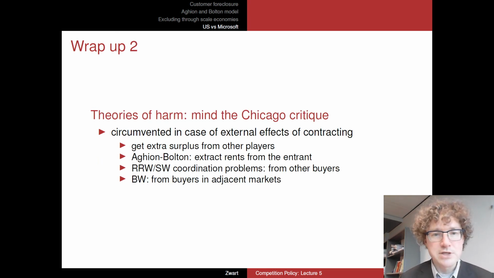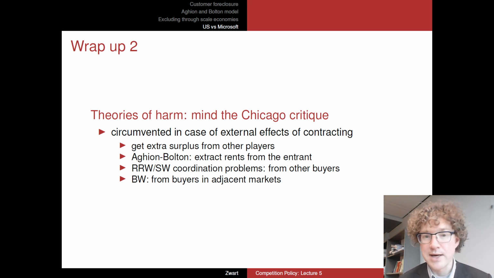So what are those theories of harm? We do have to keep in mind this Chicago critique as always. You cannot just narrow-mindedly say, well, we see exclusion here and we see dominance, so this is probably a leverage of dominance. That does not always hold water. So we have to have a slightly more sophisticated theory of harm, a particular model that we have in mind. And the typical models that we have looked at here explain in what cases these exclusive contracts might